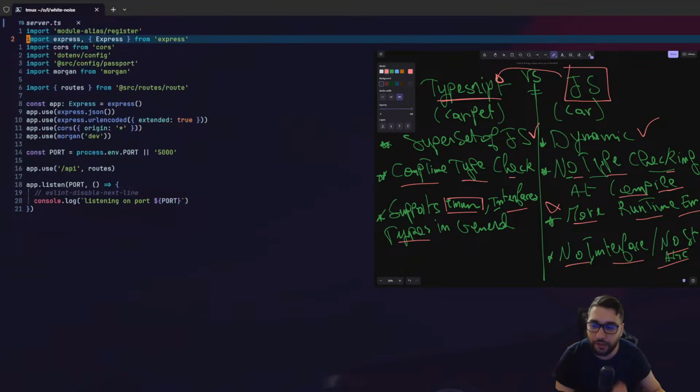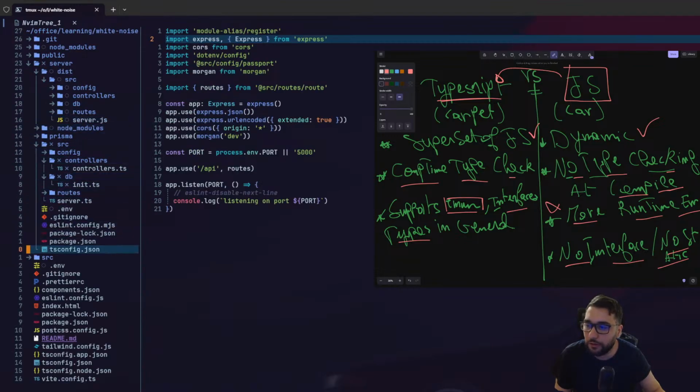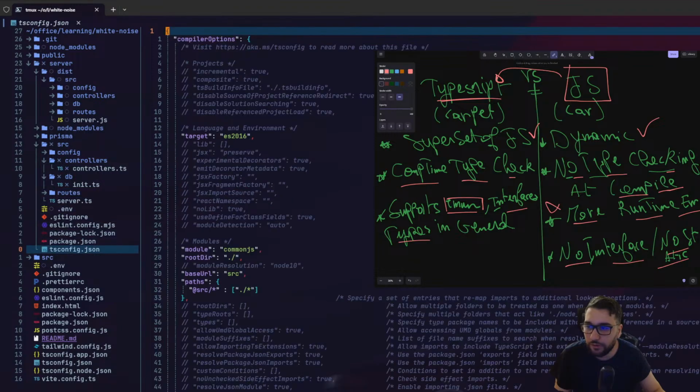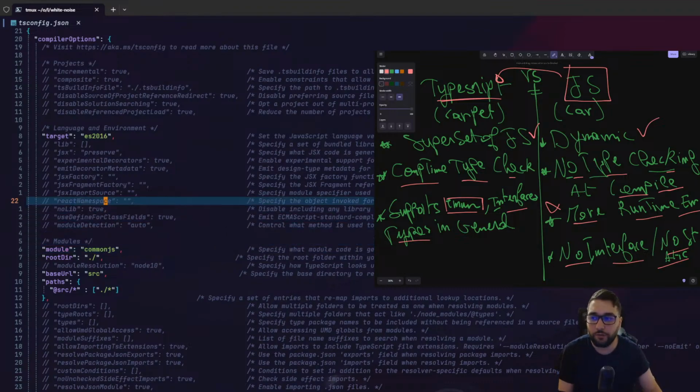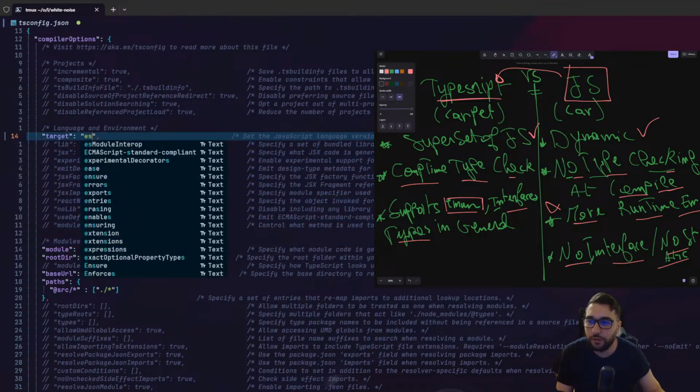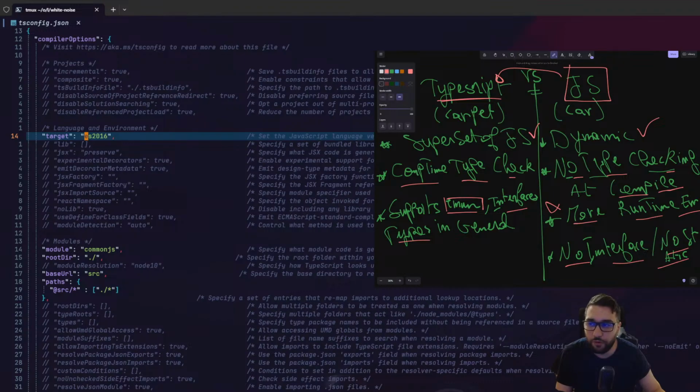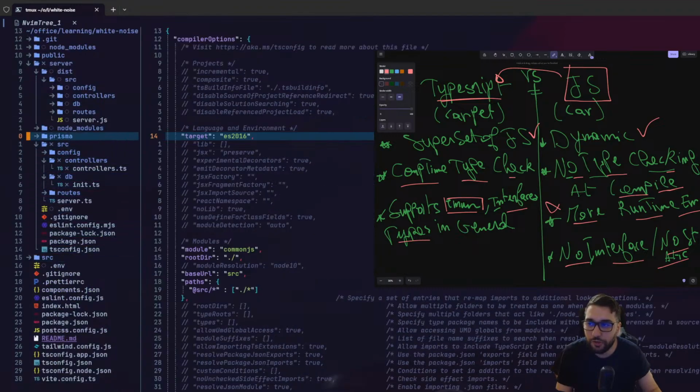And how can you set that up? You can just go here and open the TS config. Basically, I have a TS config here, and you choose what module you want to run. I can actually choose even newer modules. CommonJS, I think 2016 plus, but I can do, hey, I want to use ECMAScript. Let's say ECMAScript 2024 or something like that, and then the code will be totally different from what we saw in the build. It will actually change completely.